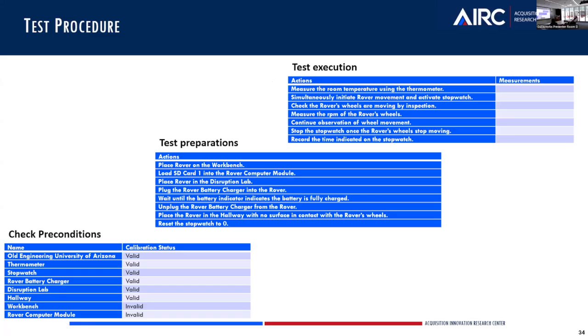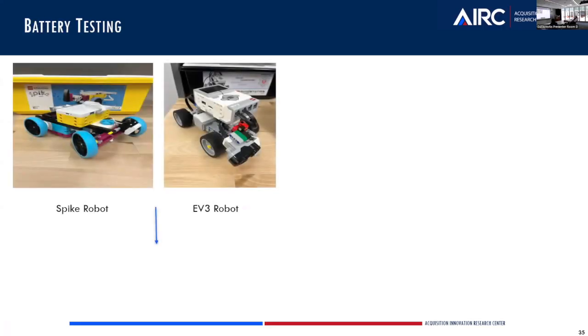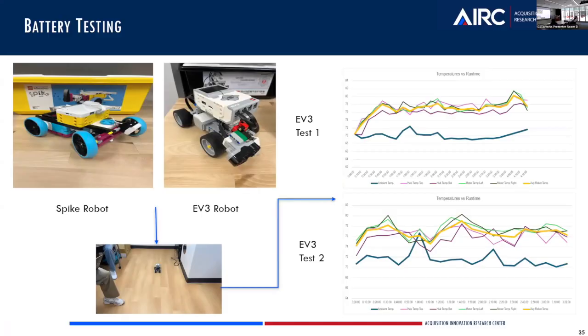But we've gone through this and we've conducted several tests for the batteries. So I've got this on the next slide. You can see we have the Spike EV3 robots. This is just an example of some of the tests that we've done. So in this case, we have